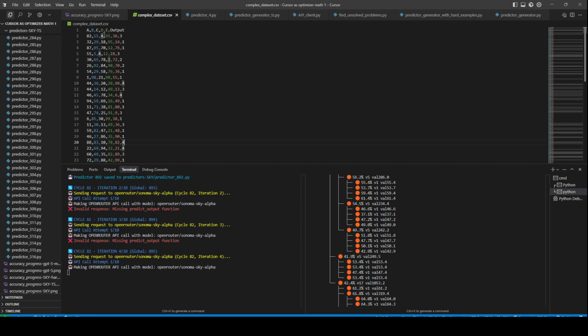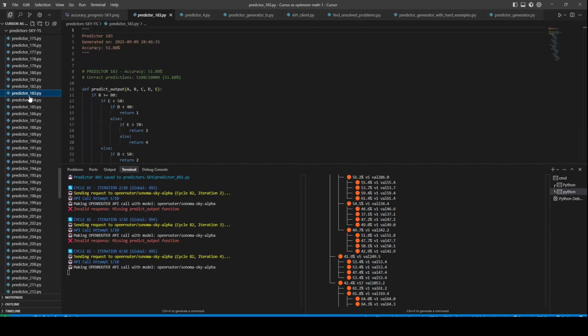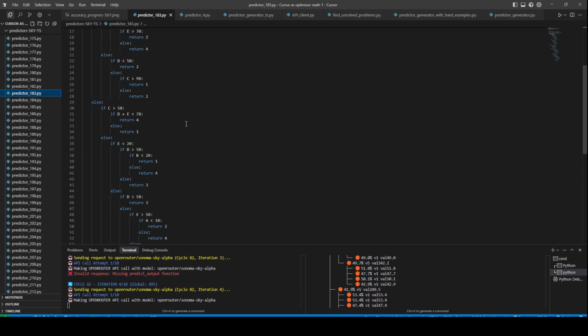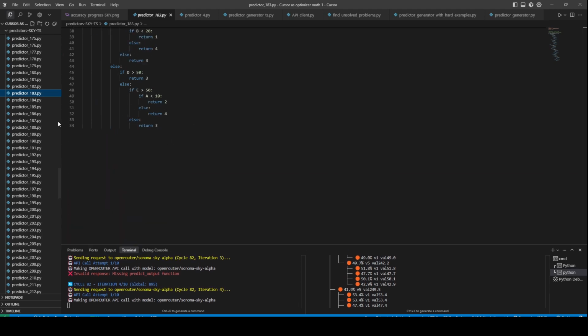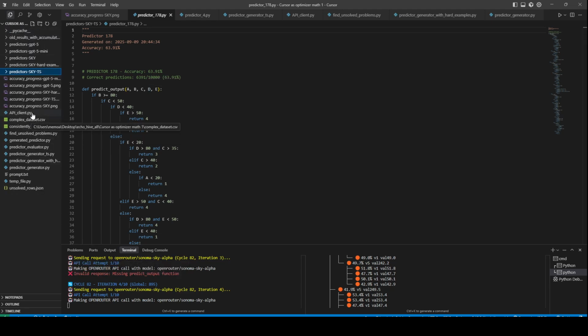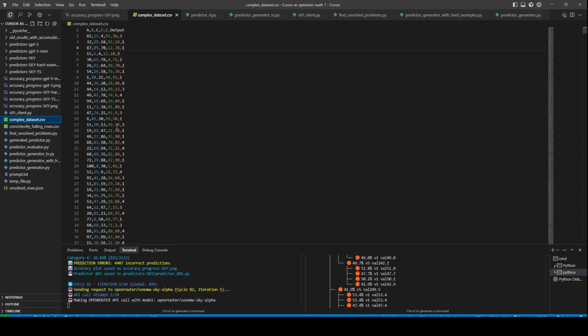that in this data set we have five numbers, A to E, and they have a complex mathematical relationship. If you look at one of the solutions, you can see it looks something like this. So there is some mathematical relation between these five numbers, and then based on this mathematical relationship, they get categorized into one of four outputs or buckets.